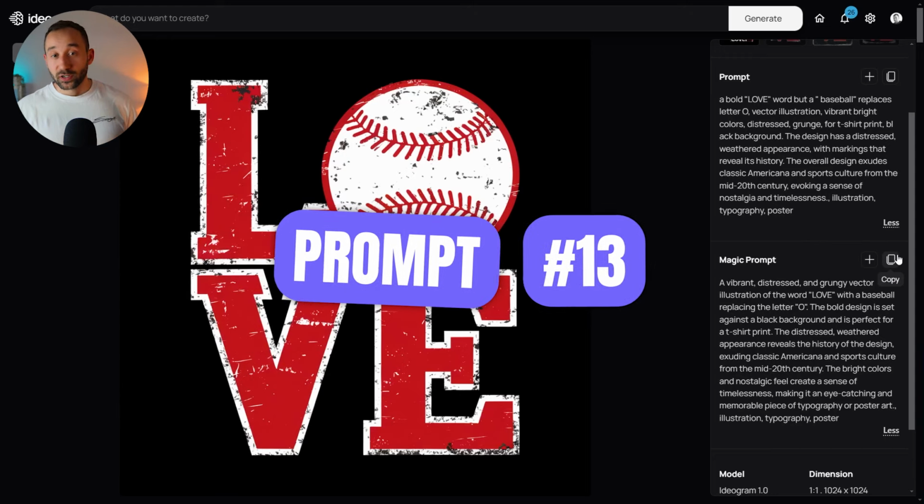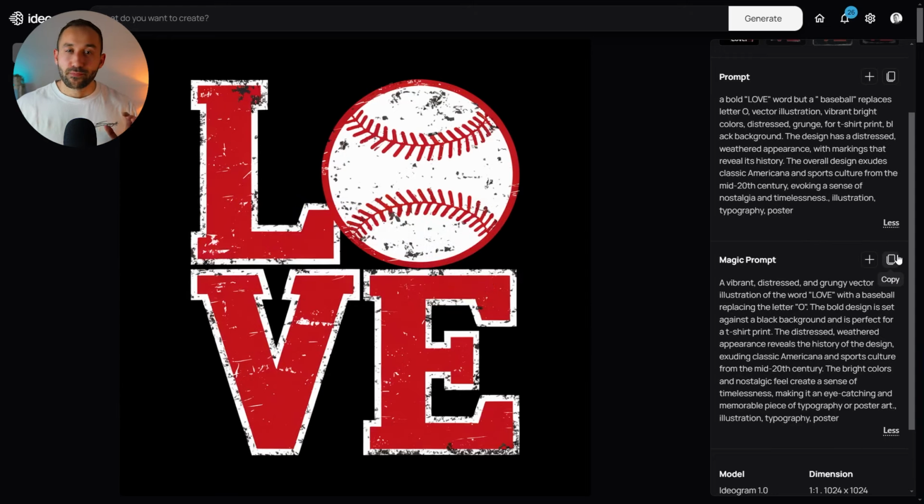Now, this next prompt is one that you can definitely scale out to many different niches and make some cool designs with, because we've got the word love right here in sort of a square format, and the O has been replaced with a baseball. Now, obviously you could use any shape that is somewhat round and embed it into this design, and it would work for all of those other niches as well. So be creative, and you might want to change the color scheme depending on what niche you're entering, but besides that, really cool result. Nice and simple, but it gets the message across, and it can work very well and stand out on t-shirt